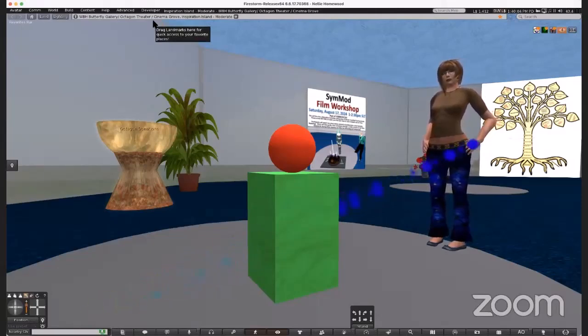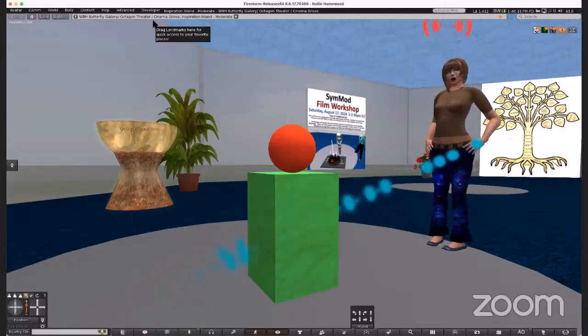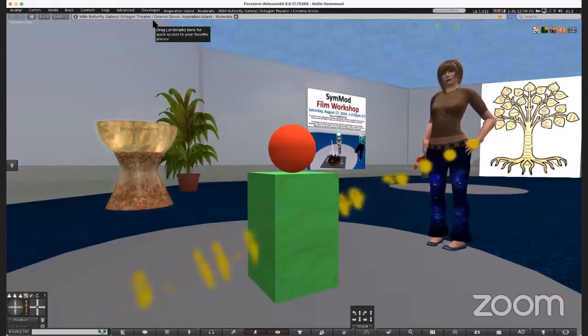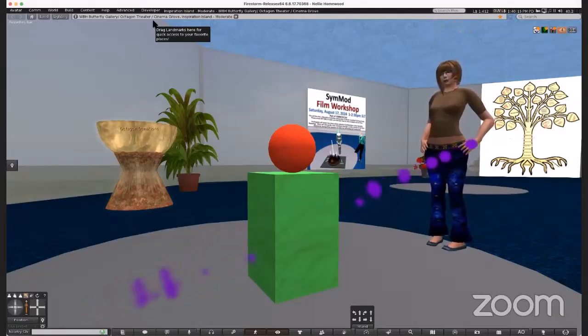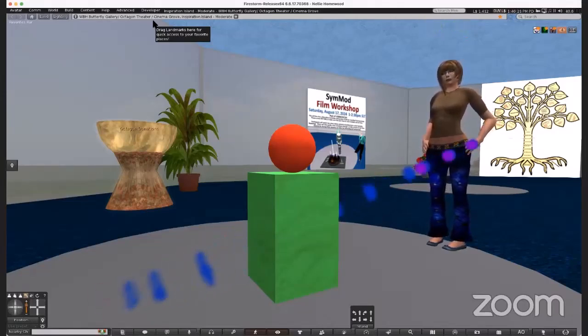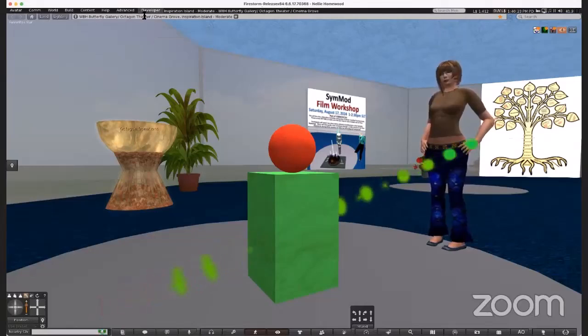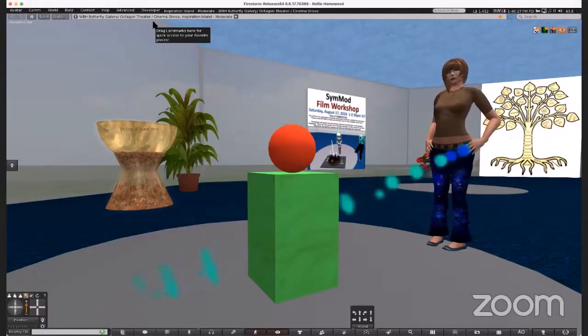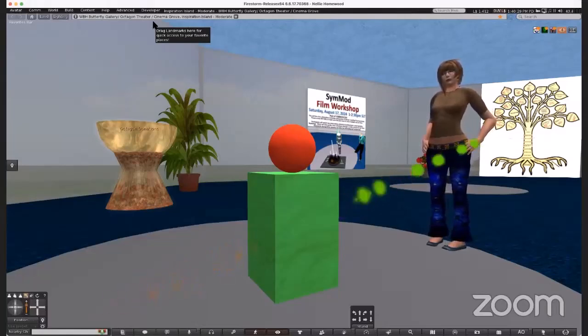Okay, so right now, I'm a red ball, sitting on top of a green surface. And locate yourself. What is your relationship to the piece underneath you? I'm on top of a green structure.